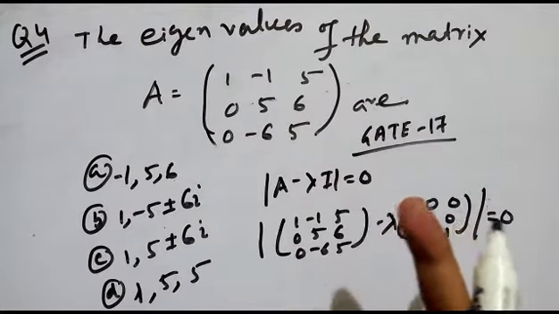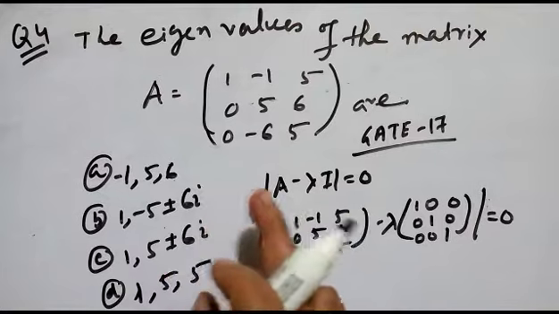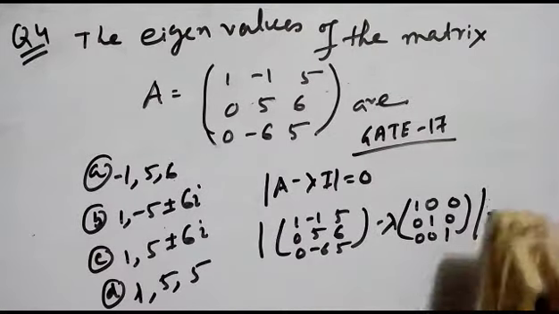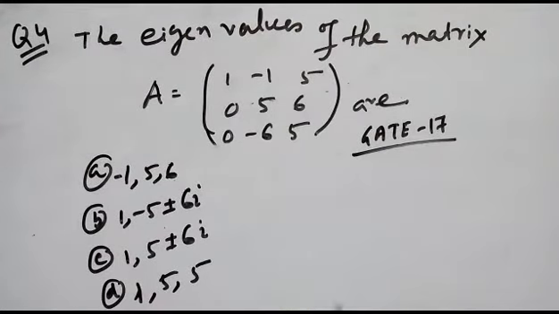As this question gives you 1 mark in the GATE, you have to apply a very time-saving process, and the time-saving process is the property of eigenvalues. And this is the trick. The property of the eigenvalue says that